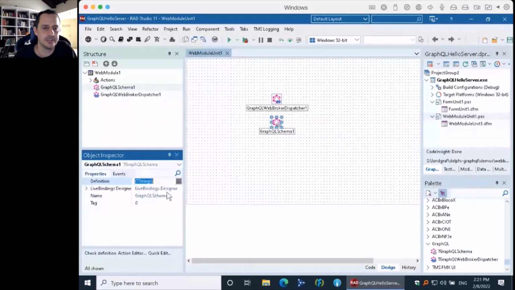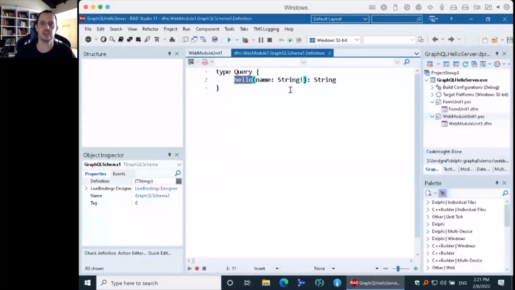So if I go back here again, sorry. Again, we have this query here. We have to tell our application, the GraphQL library, if the client asks for the value of the hello field, how this hello field will be calculated, okay? So you have to provide a field resolver. That's the concept here. And this is how you do it in this hello world application.